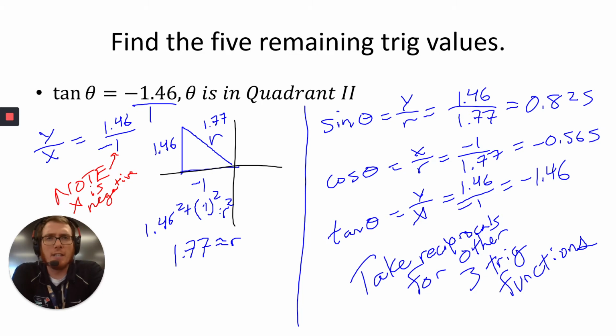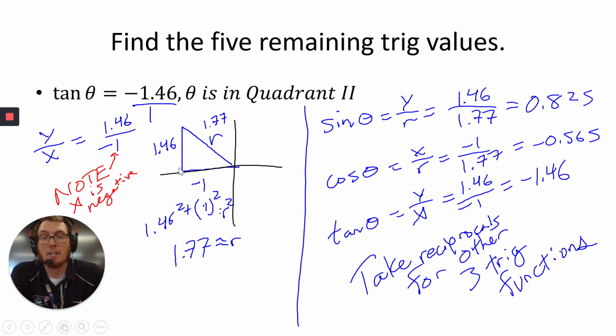The next question is definitely focused on a calculator. We looked at one of these before that had a decimal to start with. The rule of thumb is put it over 1. And now you have an x and a y, for example, in this question because it's tangent. The nice thing is they tell you it's quadrant 2, and in quadrant 2, the x value should be negative. So don't get stuck on the 1.46 being the negative